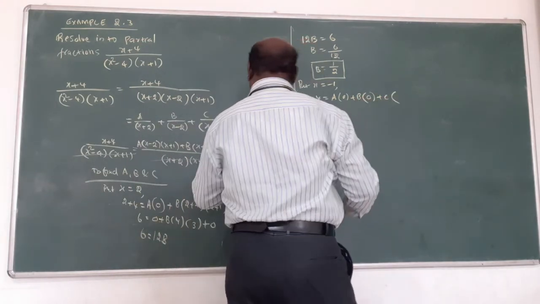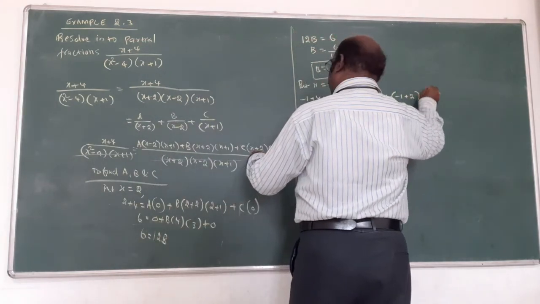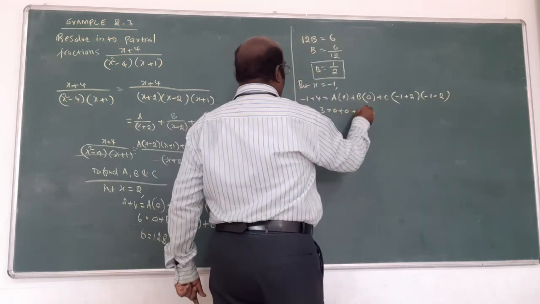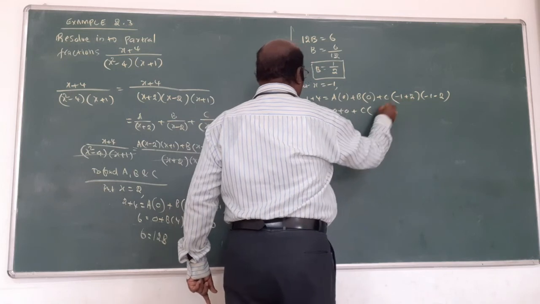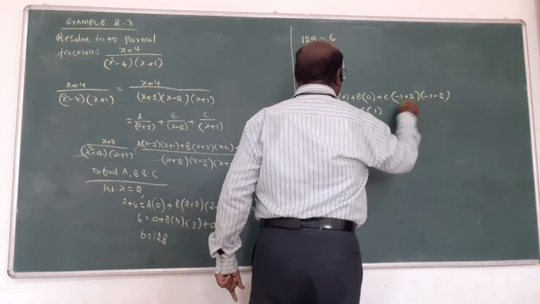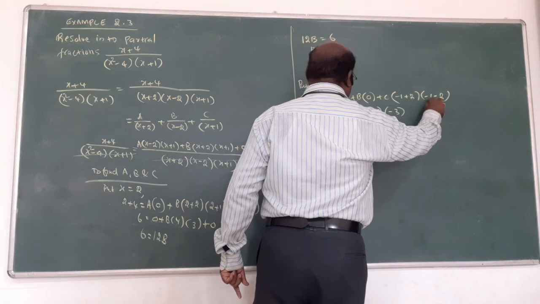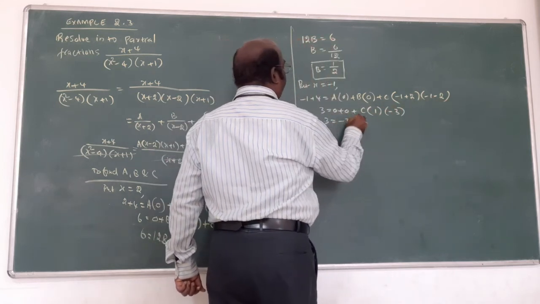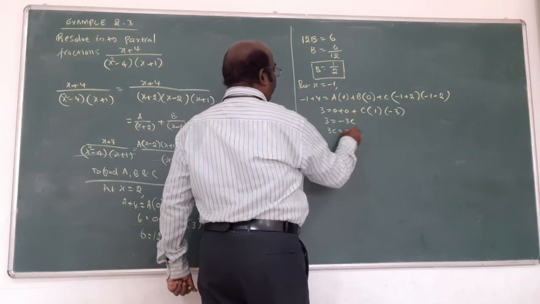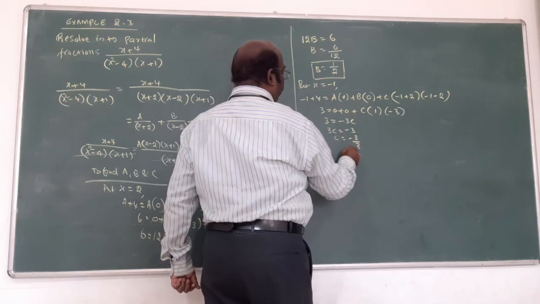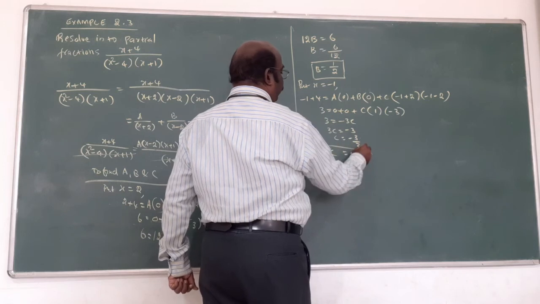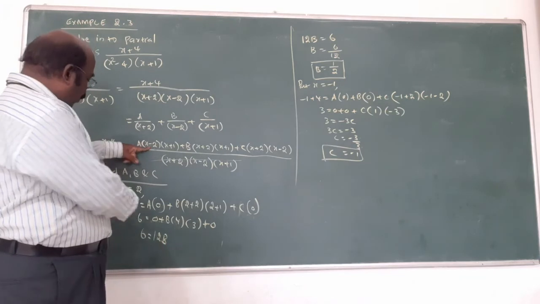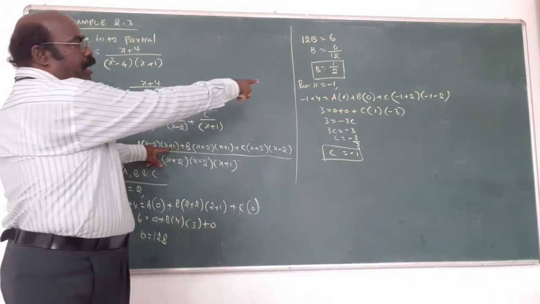But here minus 1 plus 2, again minus 1 to minus 1, here 3, 0 plus 0, here c into 2 minus 1, 1, minus 2 minus 3 is minus 2. Now 3 equal to multiply minus 3c, but 3c equal to minus 3, c equal to minus 3 by 3, that is minus 1 is the answer. Am I right?